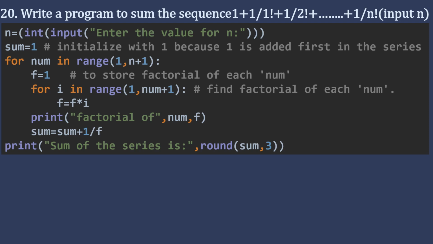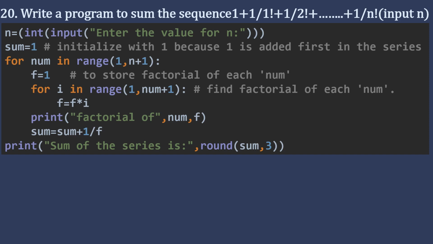Now let's begin with the program. First of all, take the value of n. Now sum is a variable which will be initialized with 1 over here. Earlier you used to initialize sum with 0, but here we have to take it as 1. Why? Because you can see the sequence begins with the number 1. So it is 1 plus 1 by 1 factorial plus 1 by 2 factorial like this.